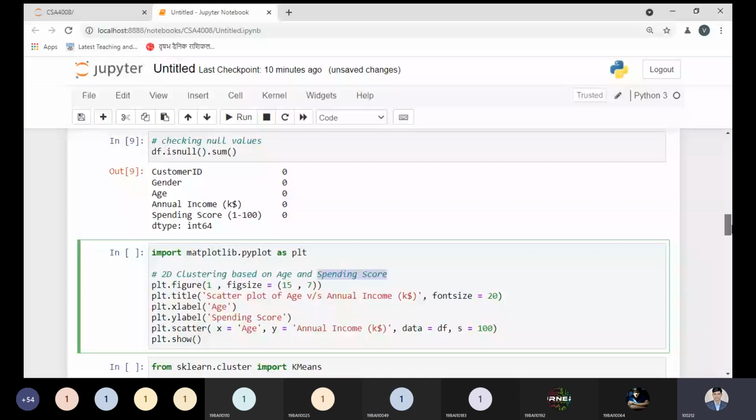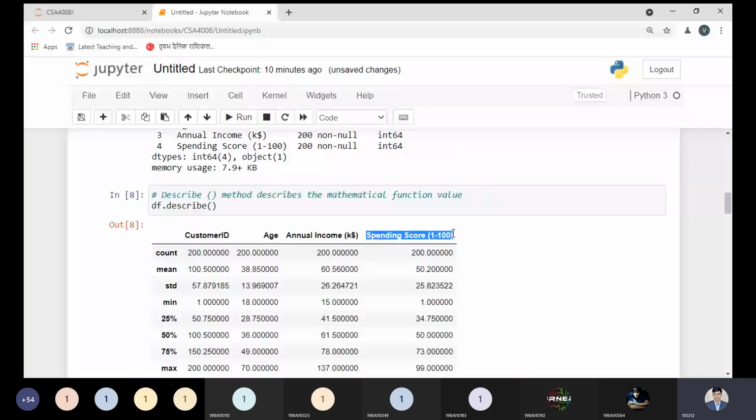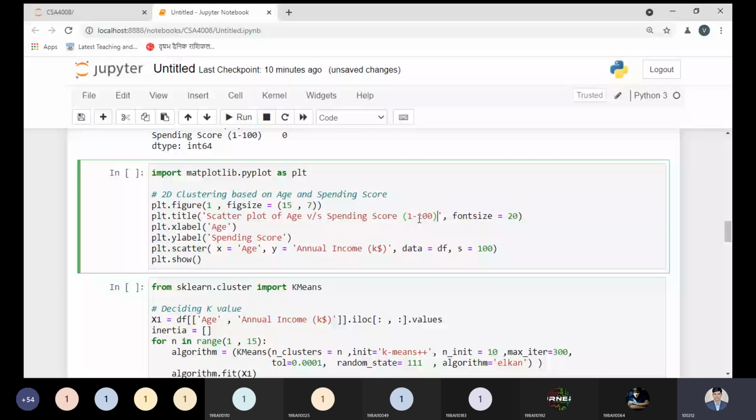Agent spending score first. Okay, so what is the name of the column? So I'm using spending score. So I need the column name as it is. And 2D clustering we are doing by using this library, and we are trying to print something over here, that is the figure. So we have to pass the figure size. There will be one graph size that we have to use, that is 15,7. Okay, and the title we have is the scatter plot.